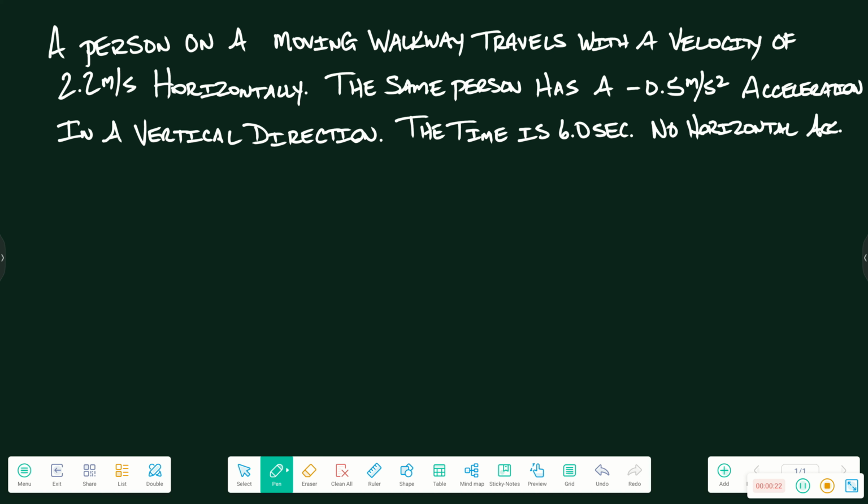A person on a moving walkway travels with a velocity of 2.2 meters per second horizontally. That same person has a negative 0.5 meters per second squared acceleration in the vertical direction. The time is 6.0 seconds. There is no horizontal acceleration. So first things first, let's draw our